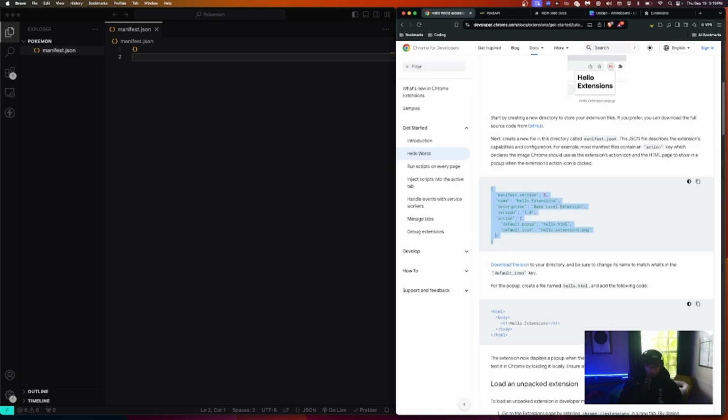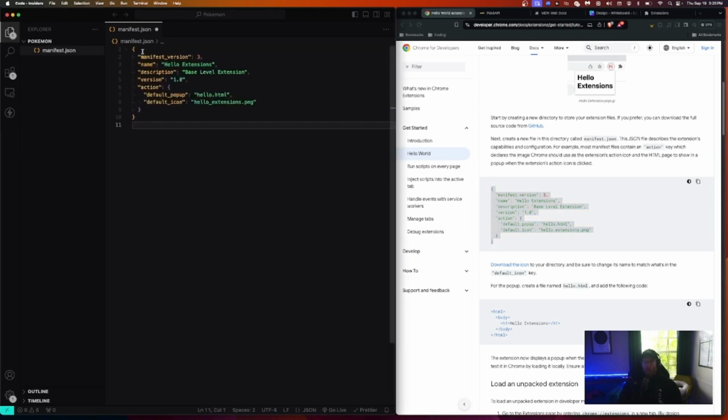So you can go in here and you can copy and paste this, right? And I actually want you to do that. I want you to actually do everything. I'm not going to give you everything you need, but what you need to do is go to the developer tools, the documentation for the Chrome extensions, and just copy this, right? Because that's what you're going to do as a developer. You're going to find these resources on your own, and then we're going to paste this inside our manifest.json,